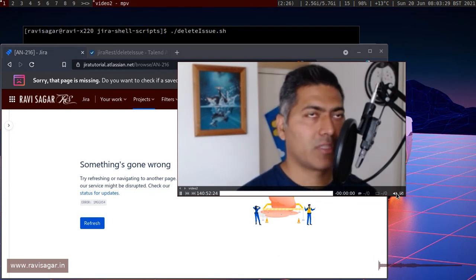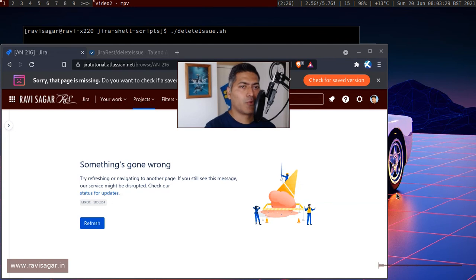Of course, you can modify the script if you want. Now the thing is that I'm right now passing this issue key in the script, but if you remember, we talked about also parsing the issues by reading a CSV. So you can also do that. I have a simple script that will read a CSV, and it will then perform something on those issues that will be found in the CSV, and you can of course delete them if you need to. Maybe you're doing testing, or maybe you have to delete those issues.